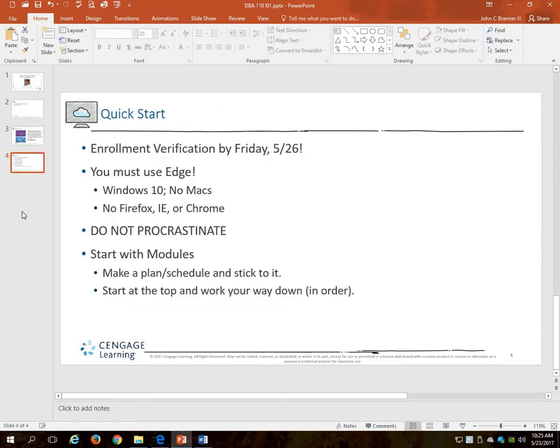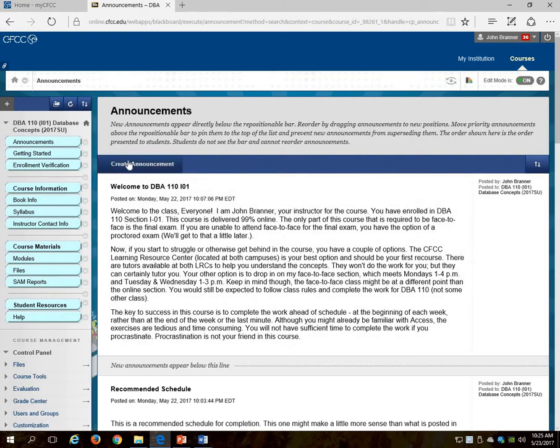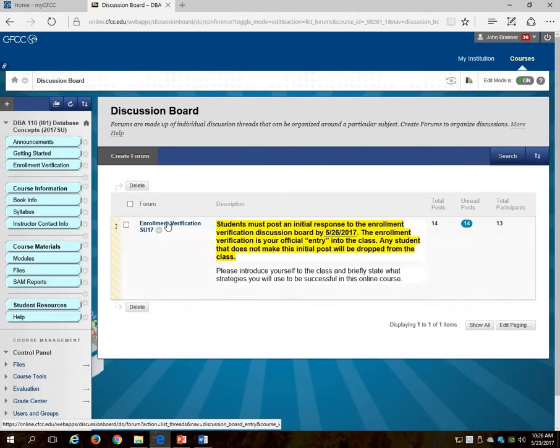The next thing is the quick start information. Okay, so we got the text out of the way. The first thing that you want to do for quick start information is enrollment verification. This has to get done. If you go into Blackboard, you're going to see off to the left, it's the third button down, enrollment verification. Simply click on it and then click on enrollment verification,